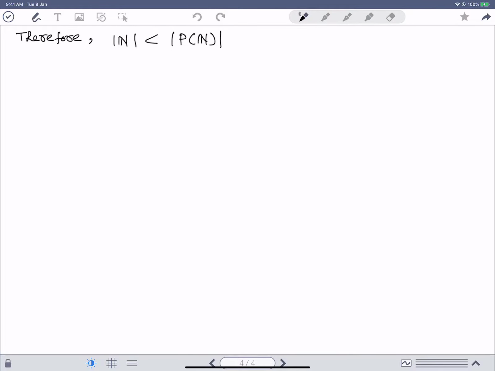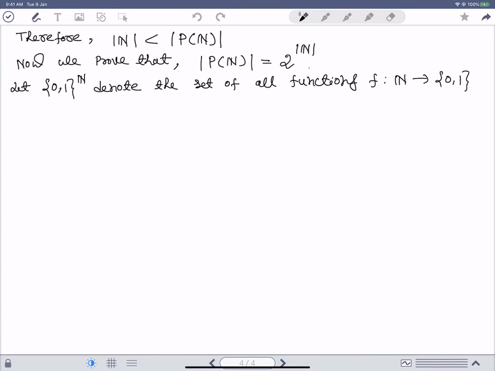Fine. Now we prove that the cardinality of the power set of n is 2 to the power of the cardinality of n. Okay. Now first we denote this set. That means the set {0,1} power n denotes the set of all functions f from n to the set {0,1}. That is a 2 element set. Okay. Now we can think of this set